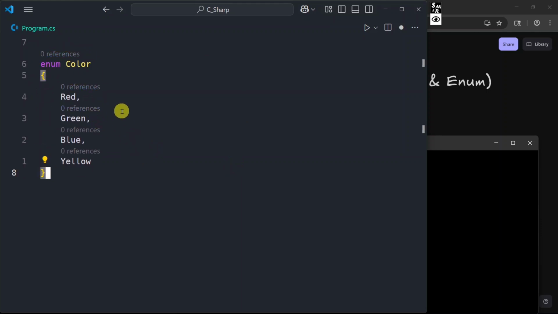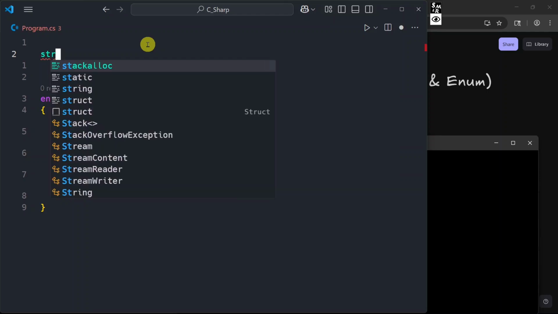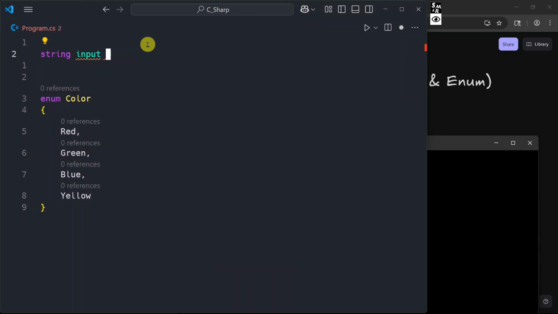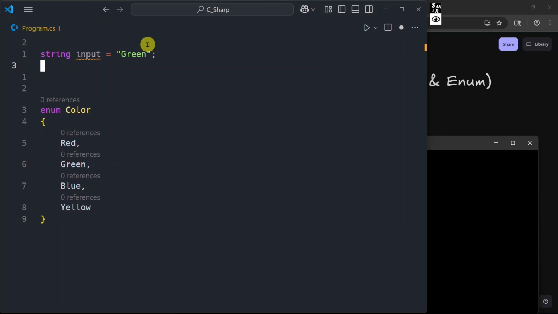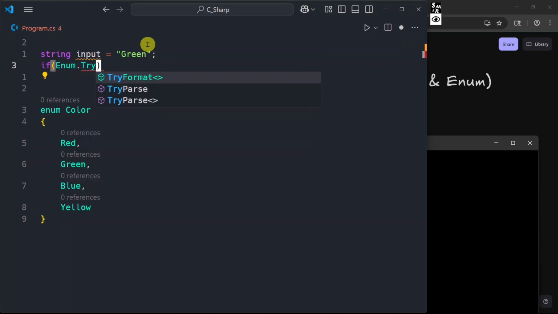We can say string input equals green. And you say if Enum.TryParse